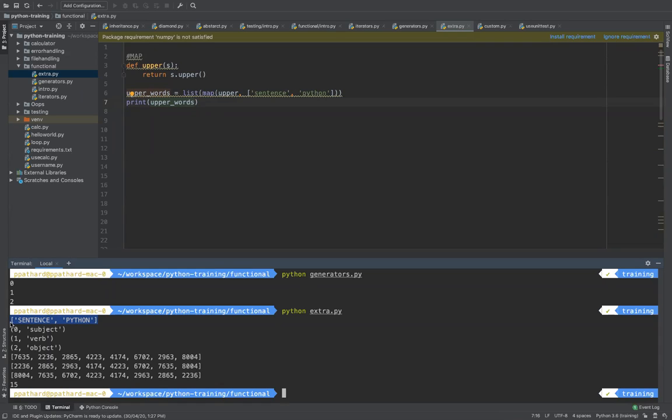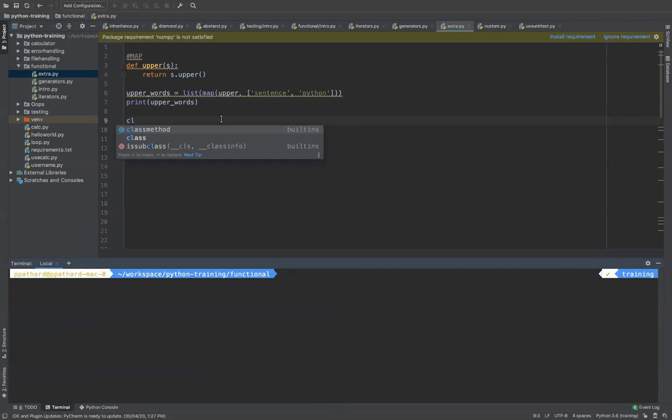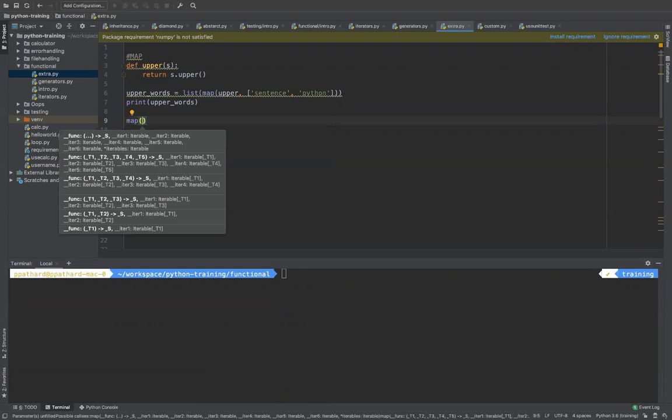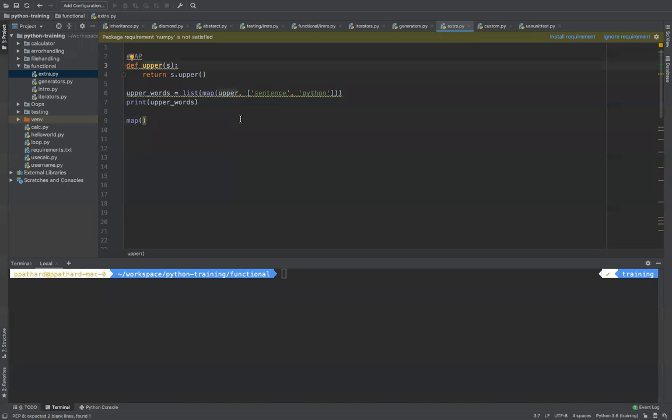Now, yesterday there was a question, where would we use a lambda function? So I will convert the same code that I have right now into lambda function code as well. Let's try to do that. I'm going to create a map function here. The syntax is, the first thing you need to pass is a function. Here the function name was upper, so I passed upper.